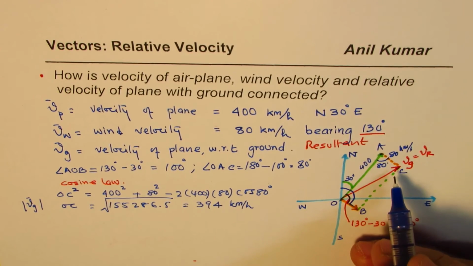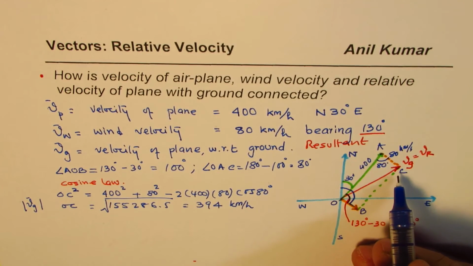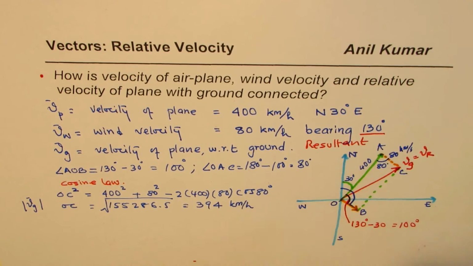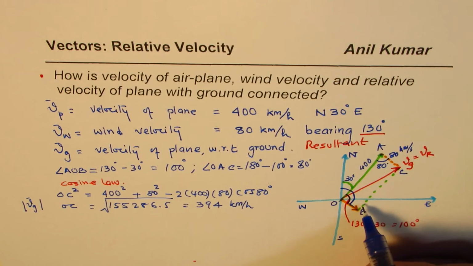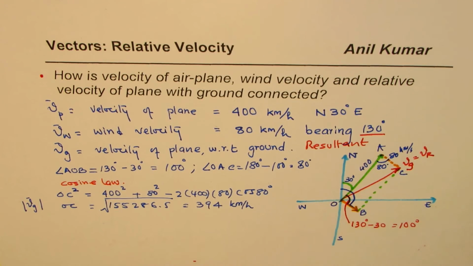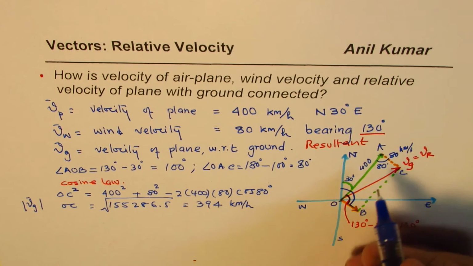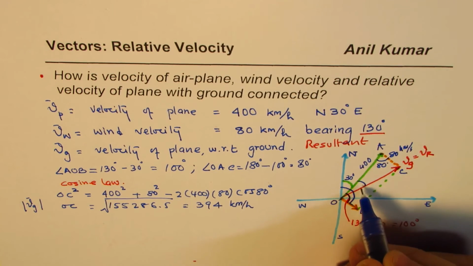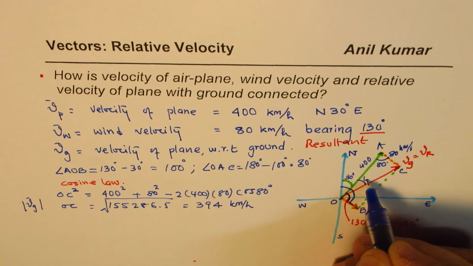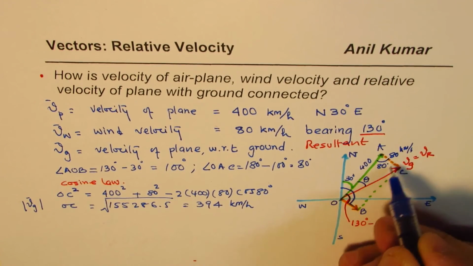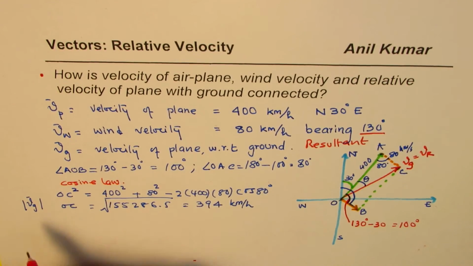So we know that part now. Now the question is, what is the angle the resultant makes with, maybe from the north or maybe from this side. Any side you could work this out. Is it okay? So to find this angle, let's say this angle is theta, right? We'll add 30 degrees to write it from the north. We could use sine law, right? So let's use sine law now